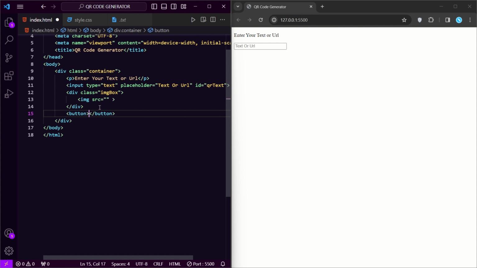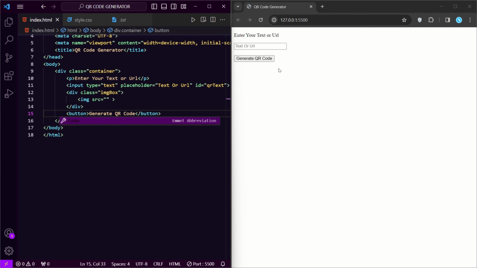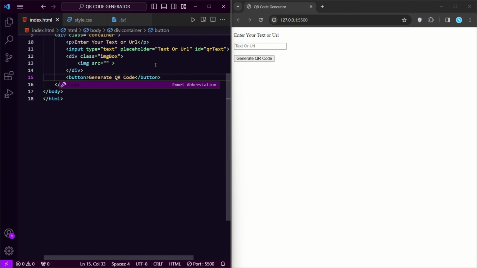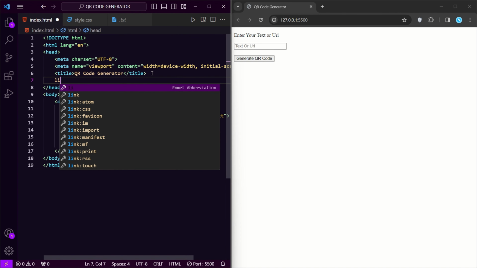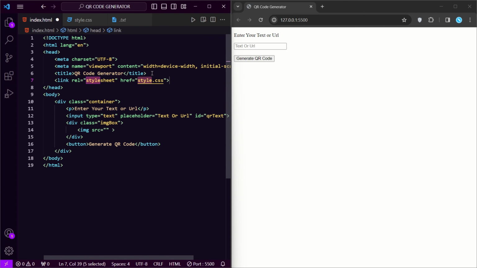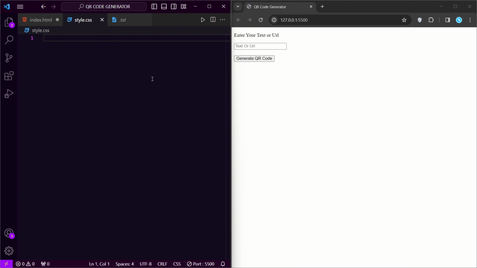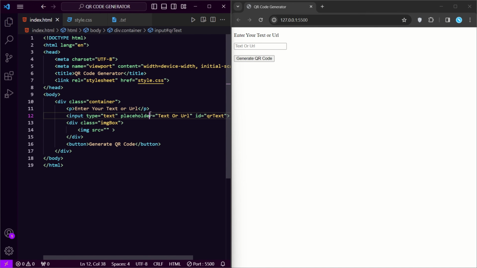In the button, write generate QR code. Save it, and you can see where the button has come. Link the CSS file, which is very important. Here the CSS has been linked. Save this index.html.